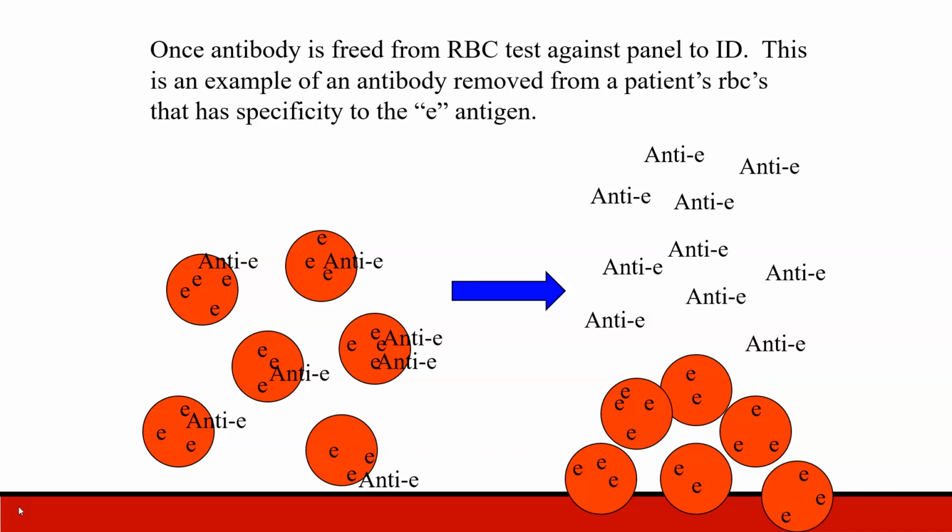So you do the panel, and it looks just like an anti-little e. As the disease progresses, this autoantibody becomes non-specific and will react with all cells tested. But again, this gives you an example of removing an alloantibody, and we pop it off the cells to where that antibody is free in solution, and we're able to